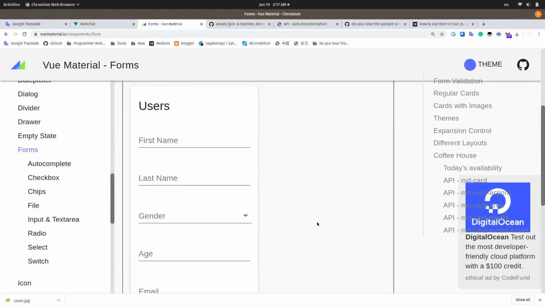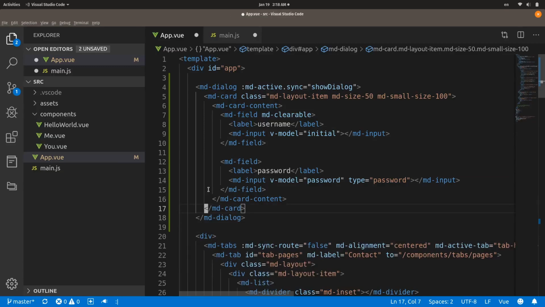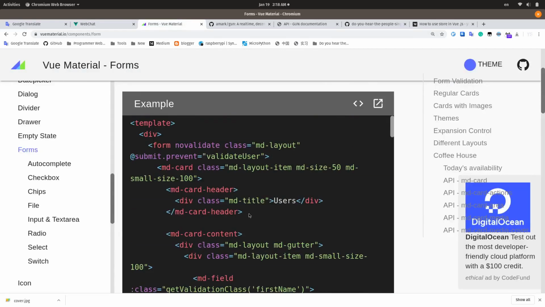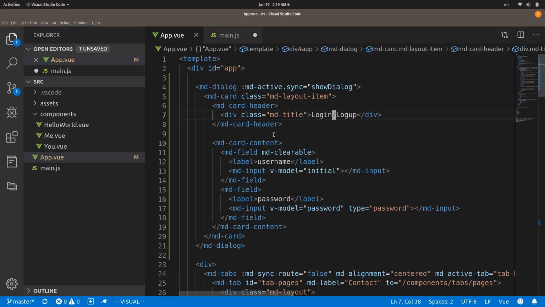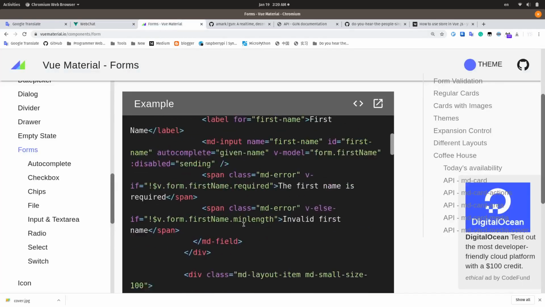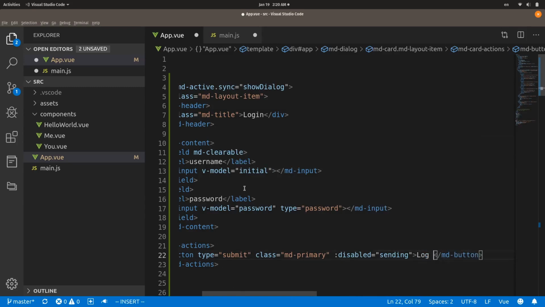We may need to define our own card with a header or some kind of thing like that. No way, it's not good. Okay, now it seems pretty good. All we need is a header. Login or sign up. Right. How about we just say login? I'd like to say that. Good. And we need a submit button at the bottom. At the bottom, yeah. Log in